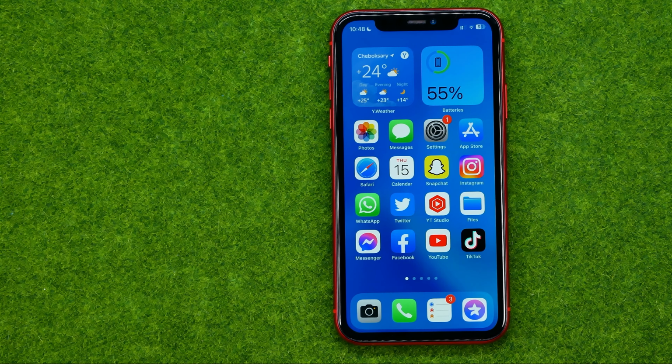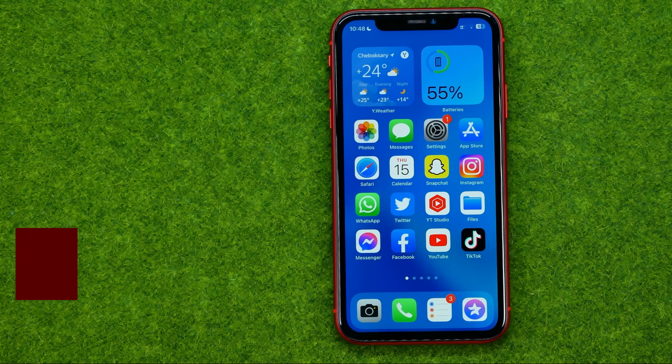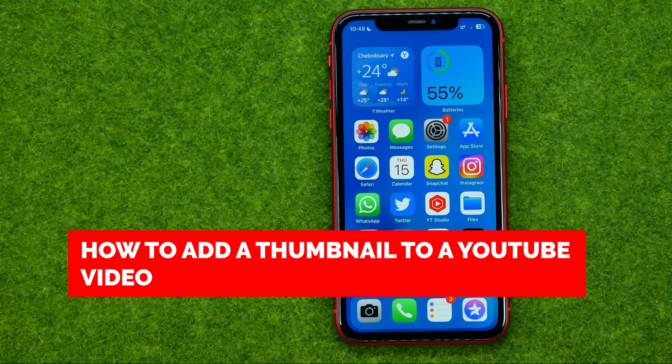In this video, I'm going to show you how you can easily add a thumbnail to a YouTube video from